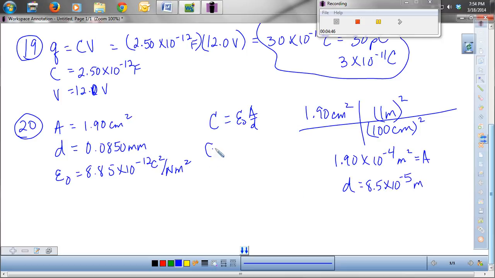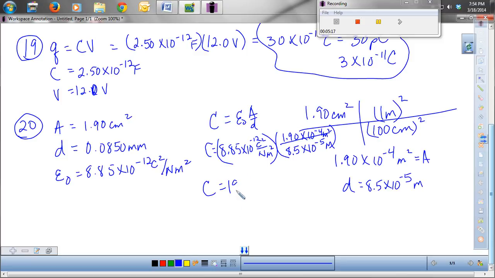So C is equal to 8.85 times 10 to the minus 12 coulomb squared over Newton meter squared. I'm going to multiply that by an area of 1.90 times 10 to the minus 4 meters squared, and divide that by 8.5 times 10 to the minus 5 meters. So when I did all of that, I got my capacitance to be